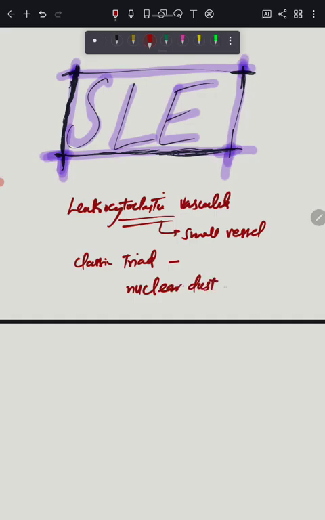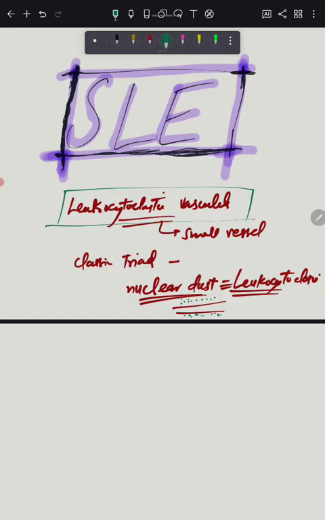That is why it's called leukocytoclastic. This is because of this one unique histological feature, that is fragmented neutrophil nuclei. This is the second histological feature among the triad. The first one was fibrinoid necrosis of the vessel wall, and the third is perivascular inflammation. So this is a vessel, and there is this perivascular inflammation. This is the classic histological triad of this LCV,